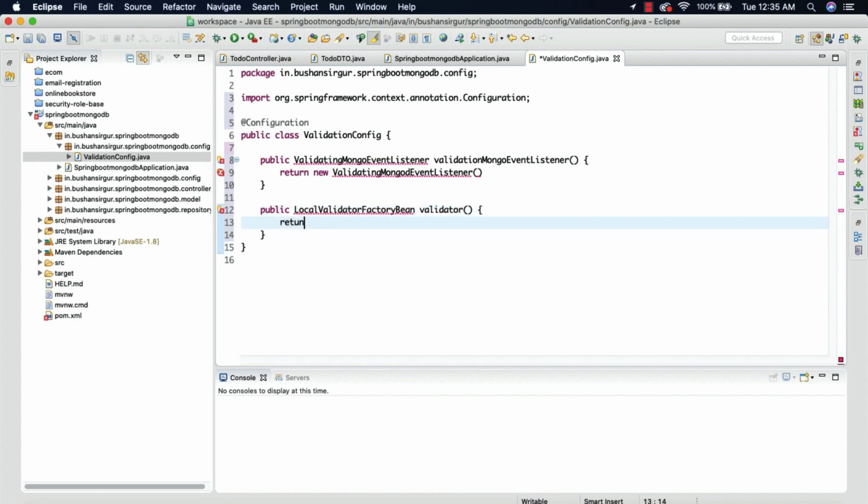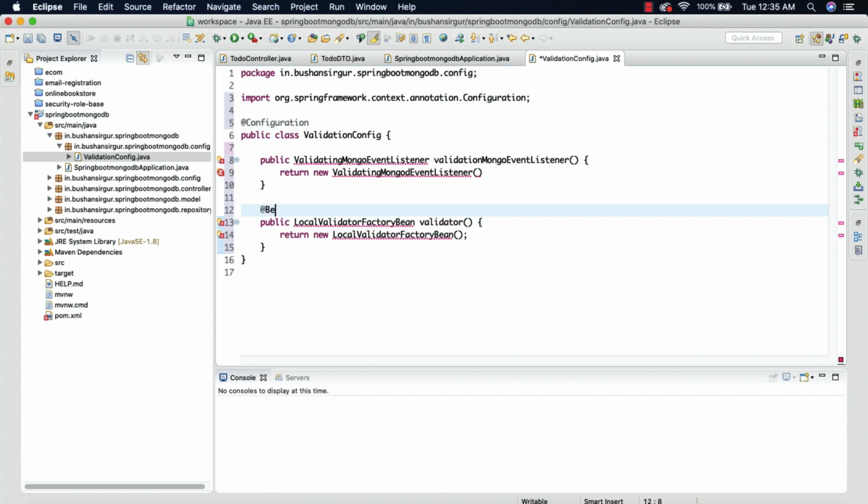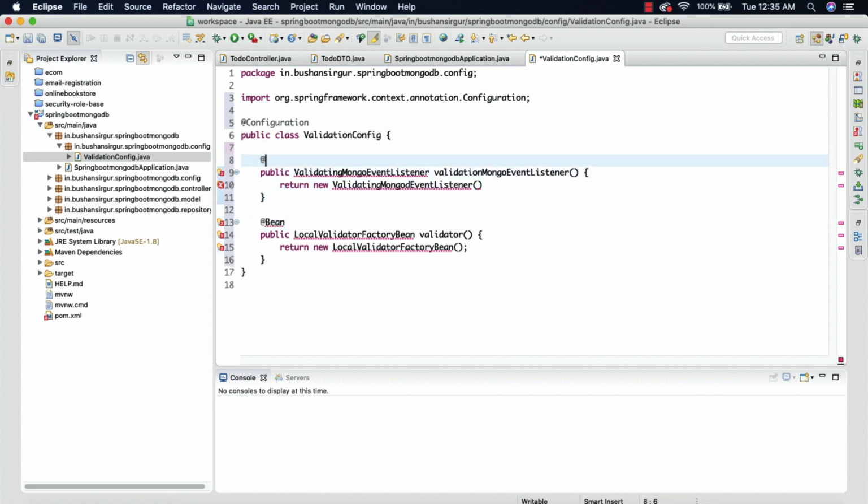This is going to return a LocalValidatorFactoryBean, and I'm going to annotate this with @Bean, and this validator method I'm going to pass to this ValidatingMongoEventListener.